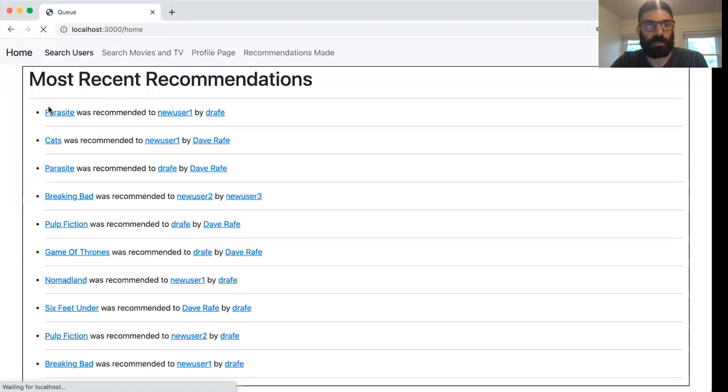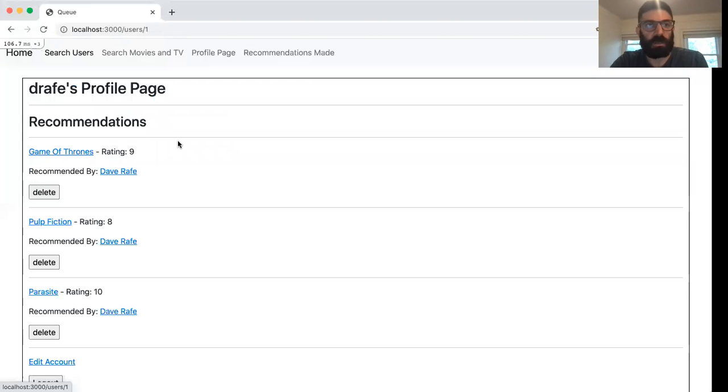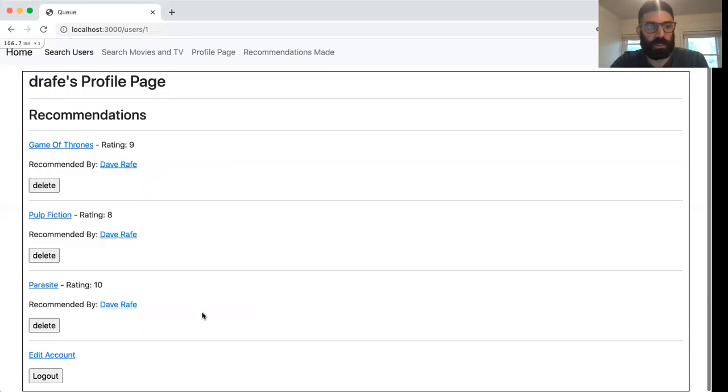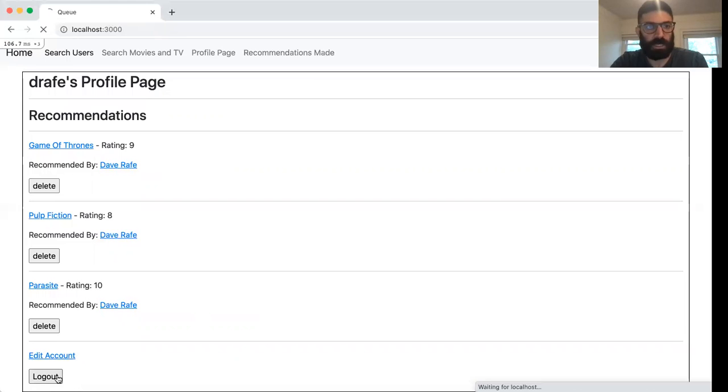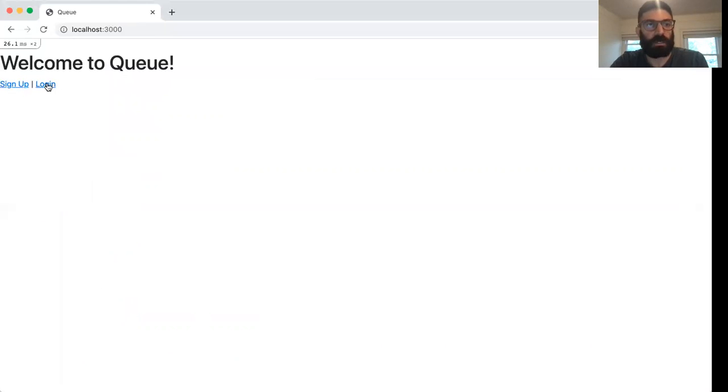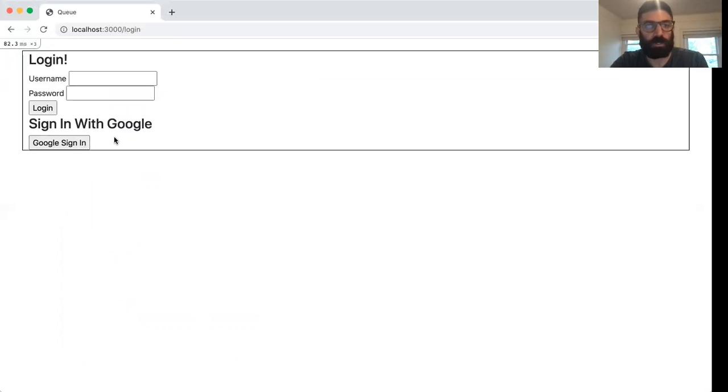If we want to log in as a user that already exists, we can do that as well. Hit log in, and now we're on this user's profile page that's logged in, and here you can see they have some recommendations. And I'm going to log out one more time so that we can log in with Google, the third-party authorization that is available. So we hit Google sign in,